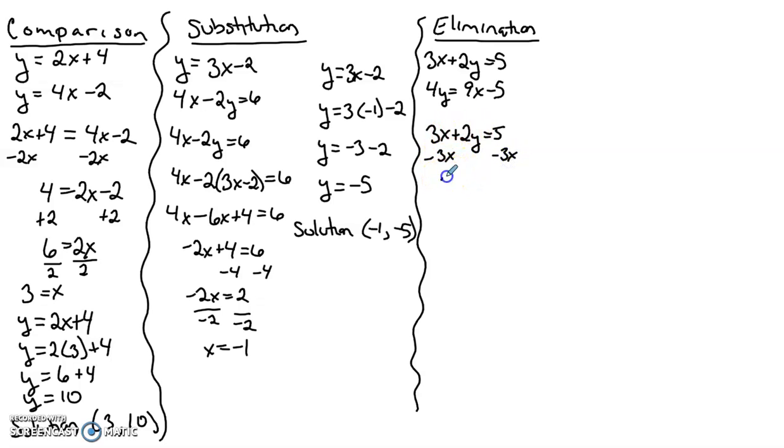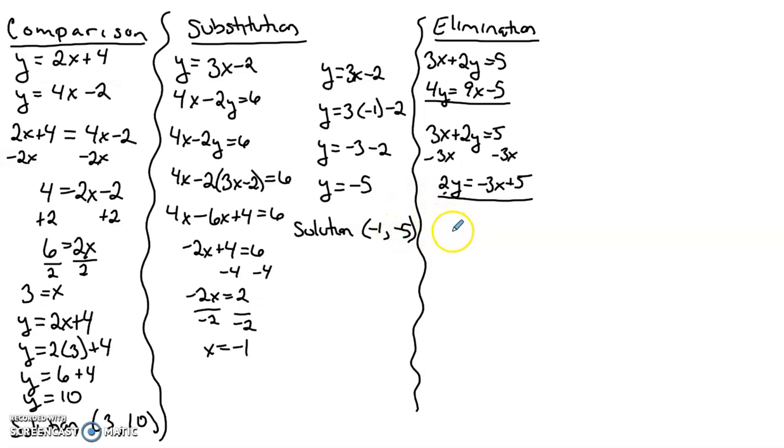So then we'll have 2y equals, let's write our x's first, because they came first in our other equation, so minus 3x, and then we still have our plus 5. So we've changed our first equation to 2y equals negative 3x plus 5, and our second equation was 4y equals